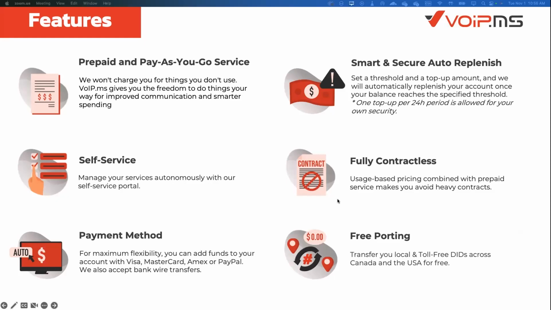I think it's self-explanatory. And we support free porting all across North America and Canada, but only for local numbers and toll-free DIDs. If you have an international number, maybe we can support it, and most of the time you will have a charge for the porting. And unfortunately, the international DID does not support SMS yet.